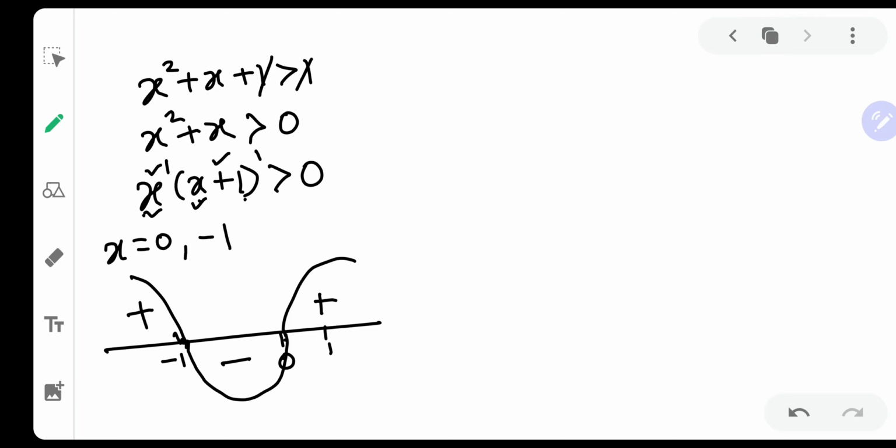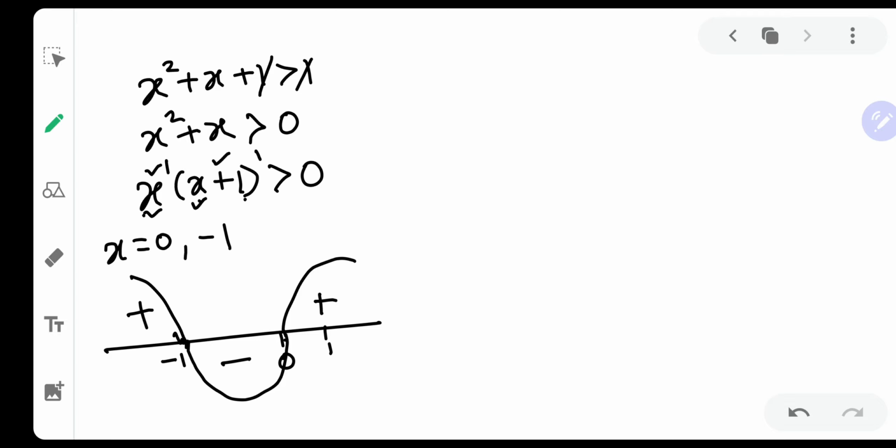Okay. Now if you did not understand this wavy curve, how did I use it? I will not explain it here in detail. You can watch the video link provided in the description box below. I have provided a link to the wavy curve method. You can watch that and you will understand how a wavy curve operates, right?